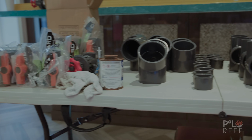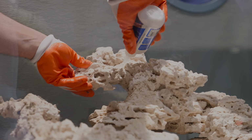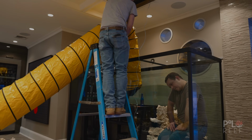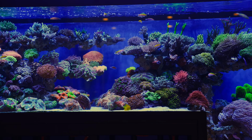Part 2 talks about the plumbing and the rockscape and how we fused the rocks together and vented those gaseous fumes out the door. Those 2 videos will catch you up to where you are today. So I want to take you through a little walkthrough of the tank and how it stands now with coral